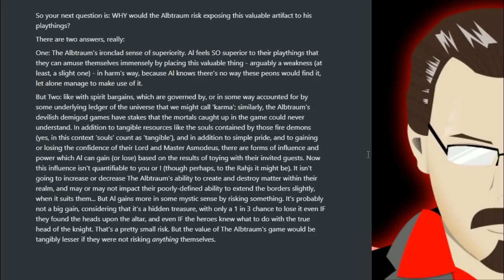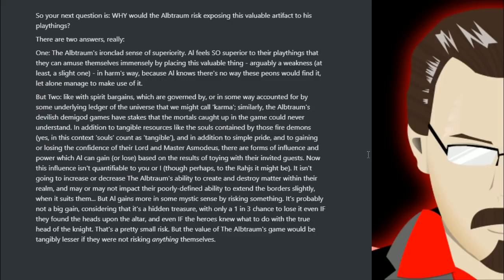It isn't going to increase or decrease the Outro's ability to create and destroy matter within their realm, and may or may not impact their poorly defined ability to extend the borders slightly when it suits them. But Al gains more, in some mystic sense, by risking something.